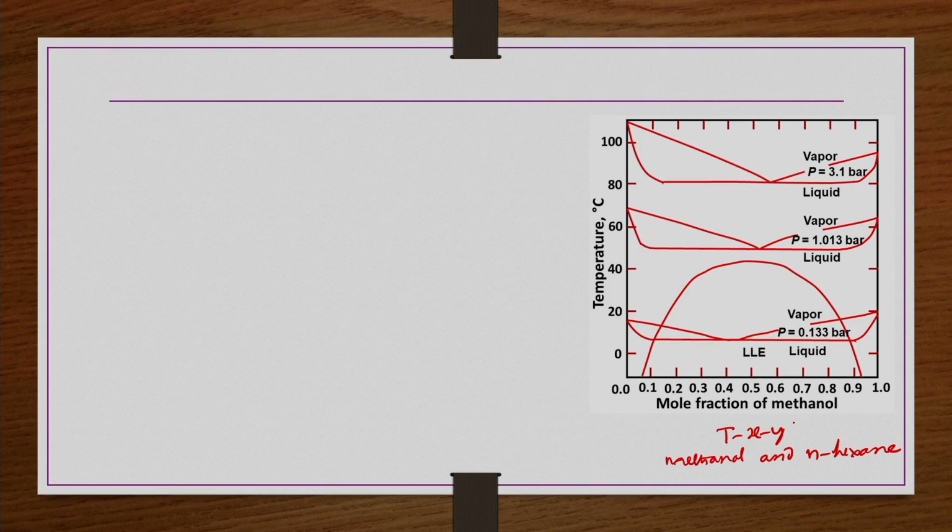What we understand is that the activity coefficients etc. of a liquid system are independent of the pressure, provided the pressure is in the low to moderate range. That is what we already understood, right? That means if you do not have very high pressure, then the LLE behavior is not affected by the pressure. But if the temperature is lower than the upper consolute temperature and the pressure is in the low to moderate range, then LLE is possible. So that LLE is shown here, which is independent of pressure.